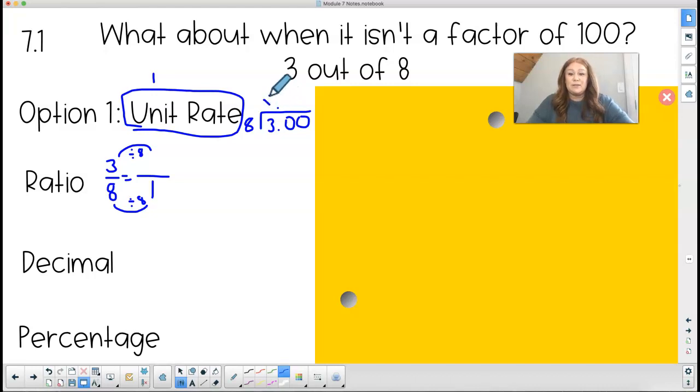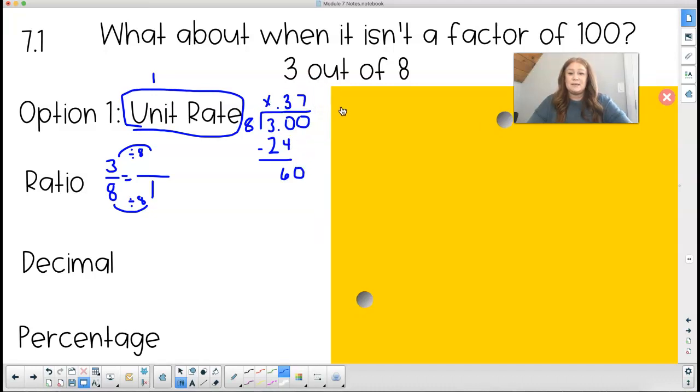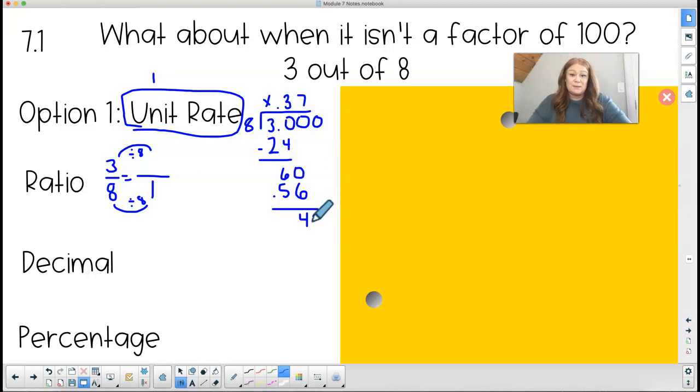So 8 can't go into 3, but it does go into 30 3 times, which is 24. So make sure you're doing this with me. 30 minus 24 is 6, and I'm bringing down that 0. 8 goes into 60 7 times, and then we have 56, and there's 4 left over, and I don't want to just leave that 4 out, so I'm going to bring down a 0. 8 goes into 40 5 times, so I have